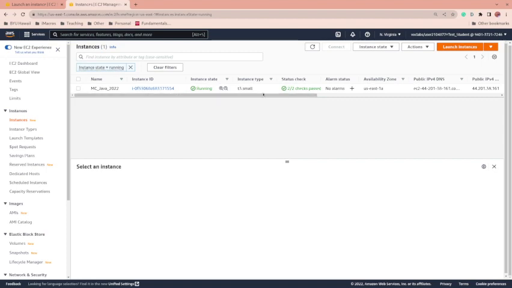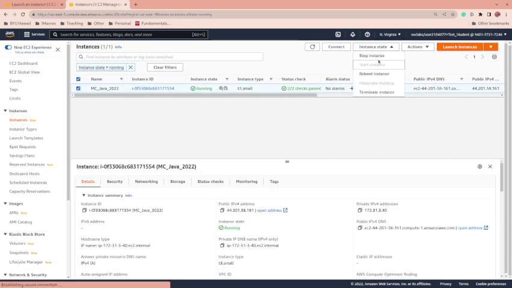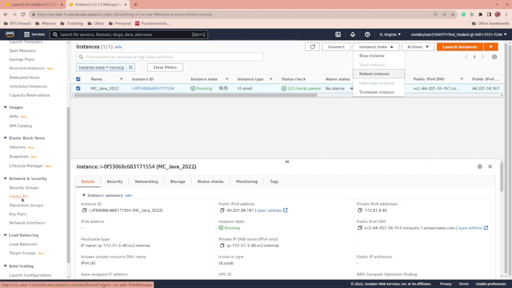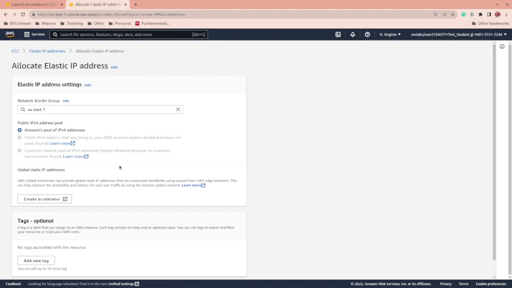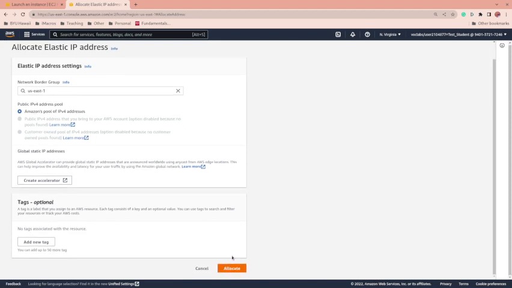Okay, so right now this is going to change its IP if we stop it. By the way, that's coming up here, instance state, stop instance. It completely destroys the system if you terminate. Reboot keeps the IP, okay? But if you stop it, then you have to start it. Well, if we don't want to worry about that, there's this thing called elastic IPs. So we can come here, and elastic IPs are free to use, but you have to pay for them if you're not using them. So I'm going to allocate an elastic IP, and I don't know if it'll let me, but I think it will, because I think I've used it before,